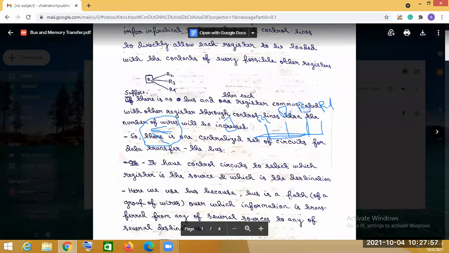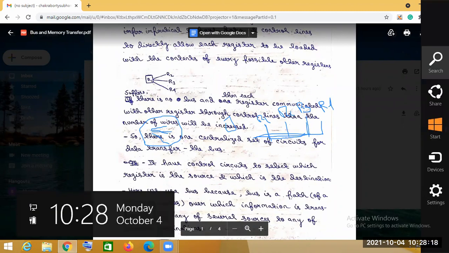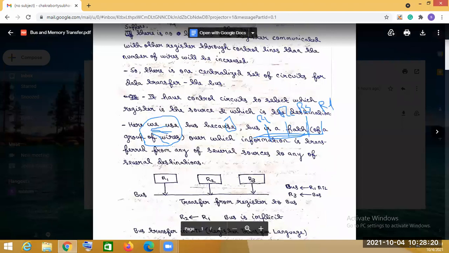In this circuit a logic will be present to identify what is the source and what is the destination. And we use it because a bus is a path over which information is transferred from any of several sources to any of several destinations. So this is what our bus architecture says.